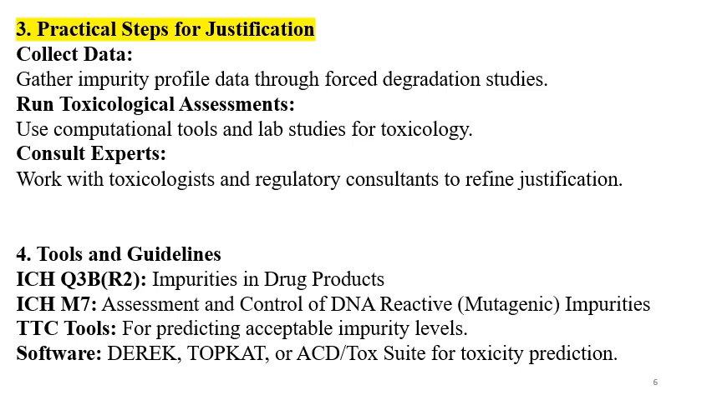Tools and guidelines. So various guidelines are there. Guidelines are available from ICH, from USFDA, EMA, ANVISA, and many other regulatory bodies. ICH Q3B provides the guideline for impurities in drug products. ICH M7 is for assessment and control of DNA reactive mutagenic impurities. TTC tools are there for predicting the acceptable impurity levels, and softwares are there for toxicity predictions. Softwares like Derek, Topcat, ACD Tox suit for the toxicity prediction. You can use these